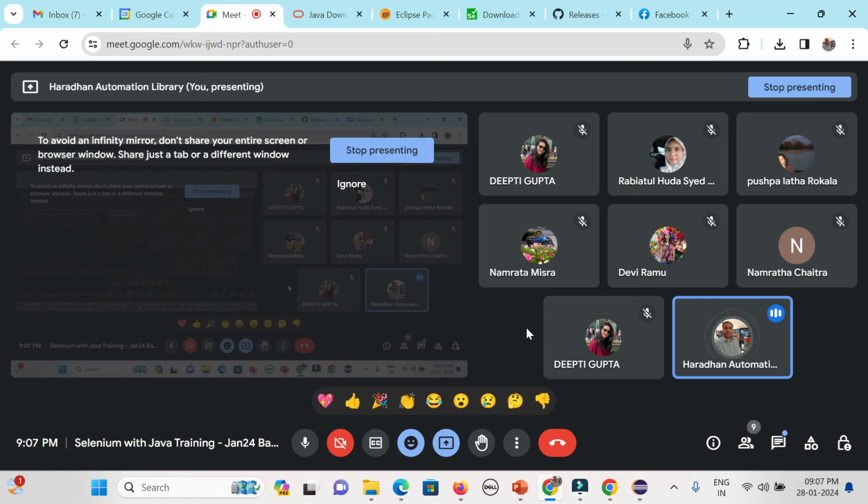But yes, the system configuration part will be common: System.setProperty, with something like webdriver.gecko.driver and the path of the driver. Otherwise, you will just be calling the methods. You can definitely get all the methods, and that is the reason I will cover the different methods available in WebDriver slowly, and you can get to know the usage of those methods as well.